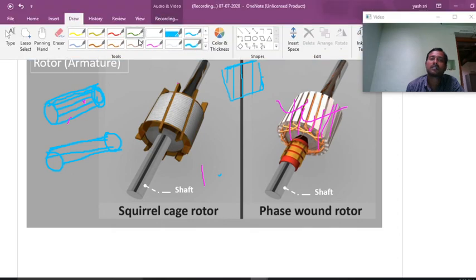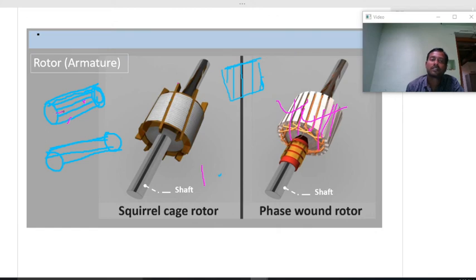I will take another pen. So the stator flux links in this gap first of all, and then links with the copper bar. So there is a difference between rotor copper bars and slots, because a rotor copper bar is a solid material. If the flux links with the solid material, the movement will be fast. If the flux links with the slot area, nothing but this one, the movement of the rotor will become slower. If the flux links with this area, the rotor movement will be fast.